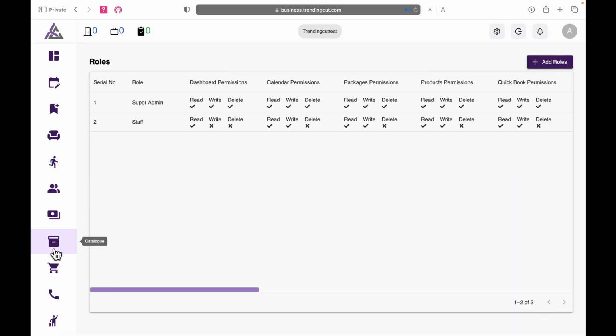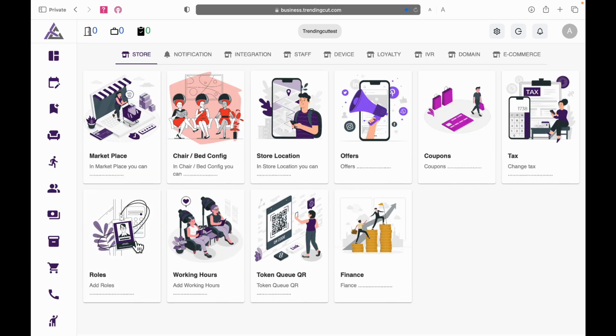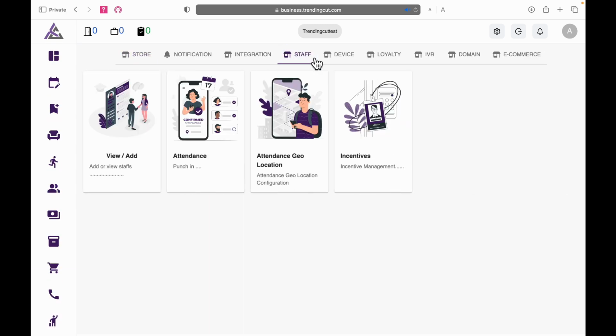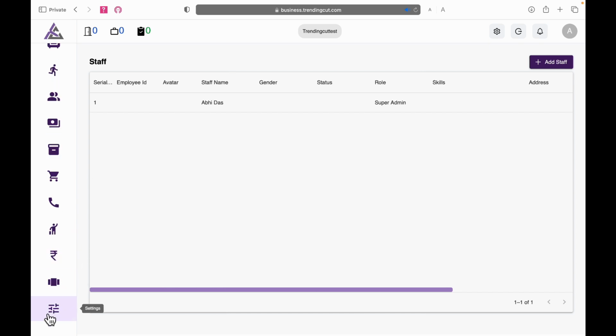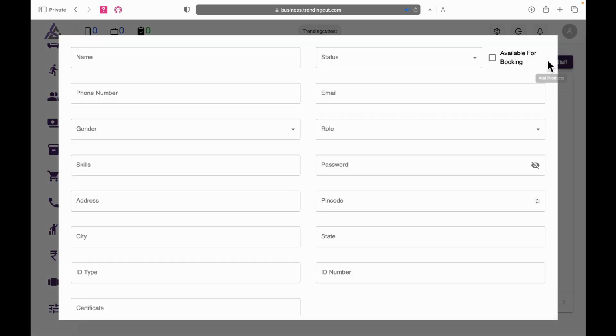Now next up, you have to create the particular staff, and you can assign the role to that particular staff. So this is the button where you go to settings, and from the settings you go to the staff. So here you can add a staff, you can give a name. So suppose you want to create a staff named Darsh. So he is working, whatever the status is,